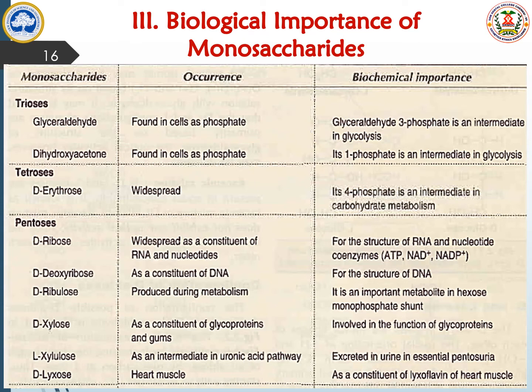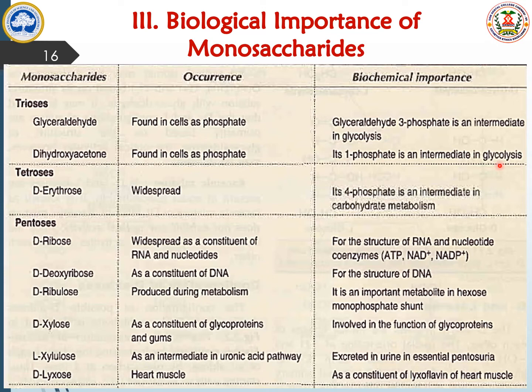Let us discuss the biological importance of monosaccharides. The monosaccharides have a significant role in our body. Here I have listed a few of the important monosaccharides and their biochemical importance. Let us start with triose. The example of aldotriose is glyceraldehyde, which exists in the cell as glyceraldehyde 3-phosphate, which is an intermediate of the glycolysis pathway. The example of ketotriose is dihydroxyacetone, which also exists in the cell as dihydroxyacetone phosphate, which is an intermediate